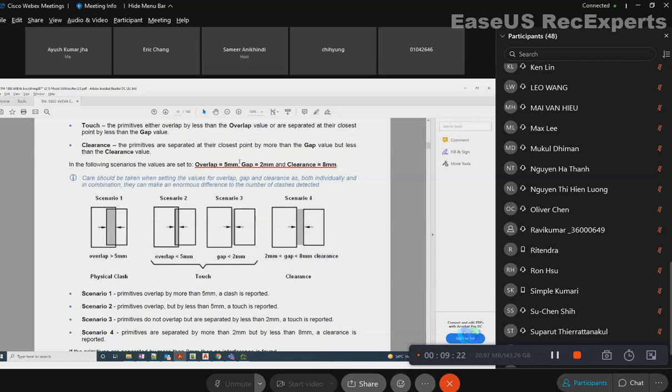And there is another setting, gap. The clearance should be more than 2 mm and less than 8 mm. I think I spoke wrongly. There are two settings, gap and clearance. First of all, the clash itself is a type of clearance, and then there is a clearance parameter value, so don't be confused. If the gap value is 2 mm and the clearance value is 8 mm, and your gap lies between 8 mm and 2 mm, it is classified as a